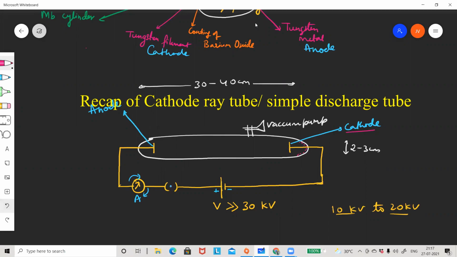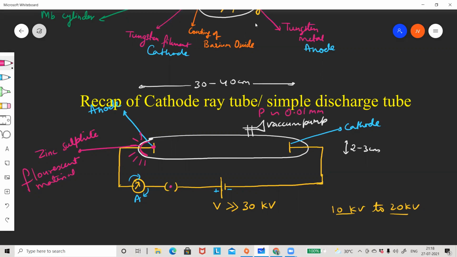But when the coating was behind the anode, say for example zinc sulfide, which is a fluorescent material, and a hole was made inside the anode plate, and then the circuit was closed, the fluorescent material started shining bright. Now, it shined bright under a certain condition. When the vacuum pump pressure was approximately